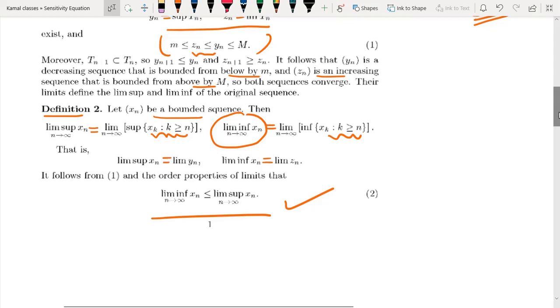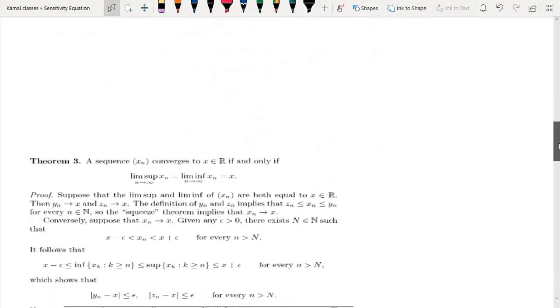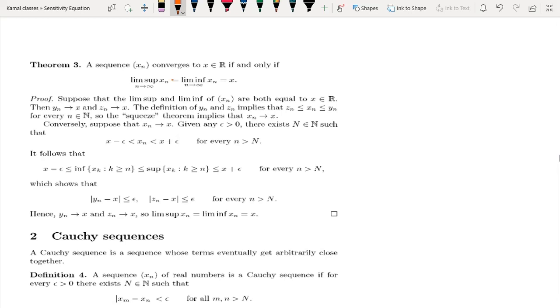Okay, in the next class, when I talk about the comparison lemma, I am going to use the limit supremum and limit infimum frequently. The main point of supremum or infimum is that if I have some kind of set where the maximum does not exist, how do we talk about something just like the maximum? And one more result is that if limit supremum equals limit infimum and equals x,